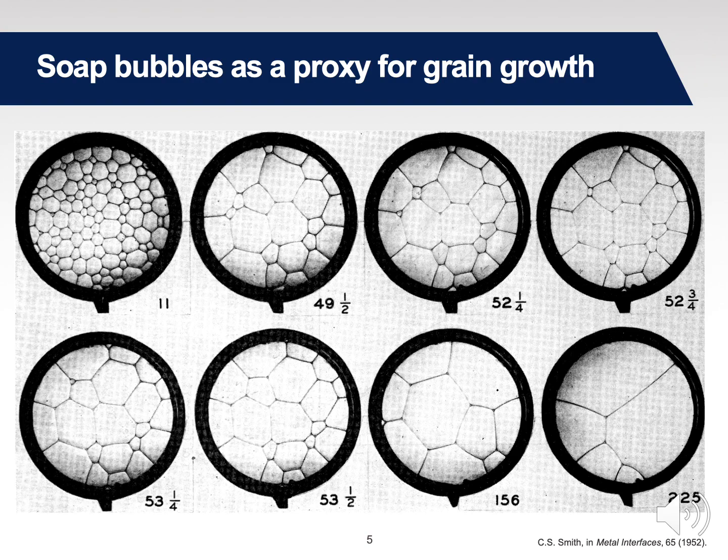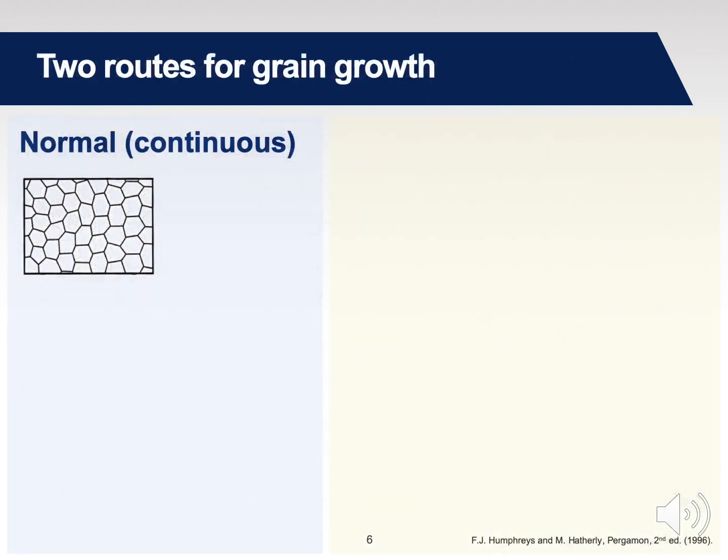Now, interfaces such as the interface between these soap bubbles cost energy. And of course, the system will want to minimize the interfacial free energy by coarsening the bubbles in this soap froth, decreasing their number density and growing them out, as you can see. Now, such investigations on transparent organic materials allowed us to distinguish two different routes for this coarsening behavior.